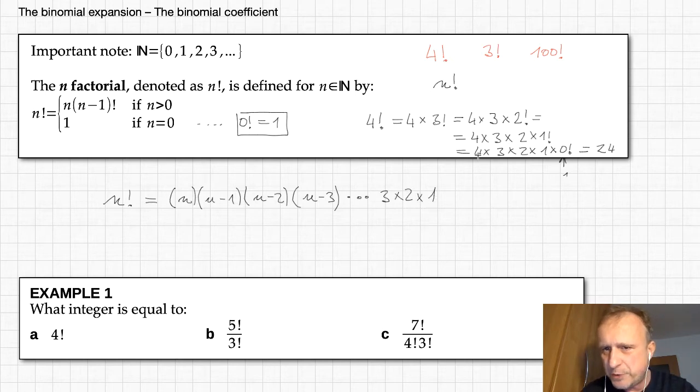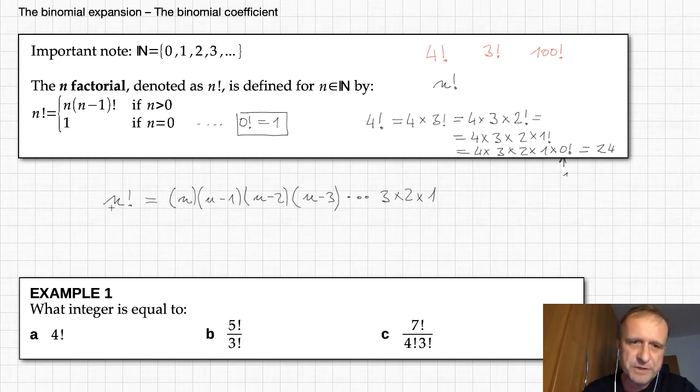So you see it's a product of all numbers starting with n and decreasing by 1 until you reach 1, and then you stop. So this product here is n factorial. This recursive definition is very elegant, but it's harder to use. This one is very easy to use, but some people may have trouble to use it, for example, for number